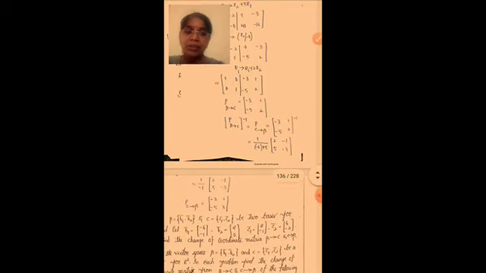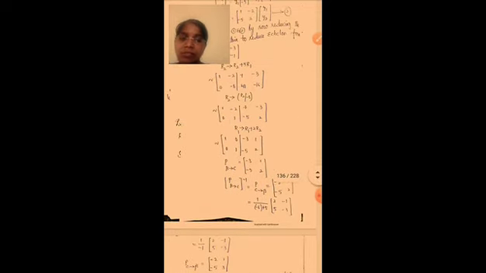we have to do the inverse. So minus 3, 1, minus 5, 2 whole inverse is equal to, we know that 1 by ad minus bc into d, minus b, minus c, a. So write down here 1 by minus 6 plus 5, into d is 2, minus 1, 5, minus 3. So 1 by minus 1 into 2, minus 1, 5, minus 3. So we have to multiply with the minus. So minus 2, 1, minus 5, 3.